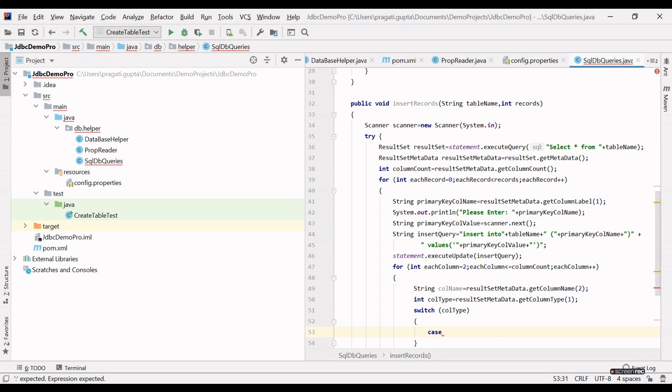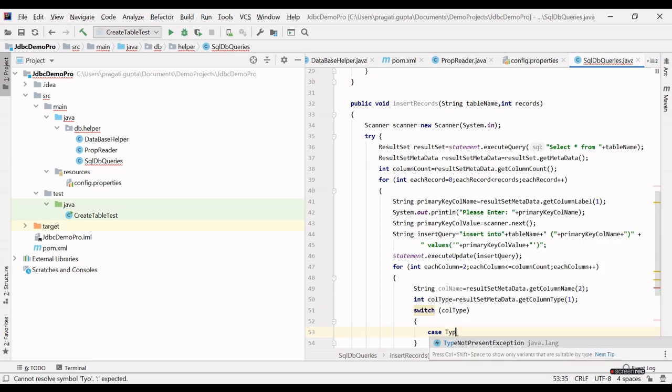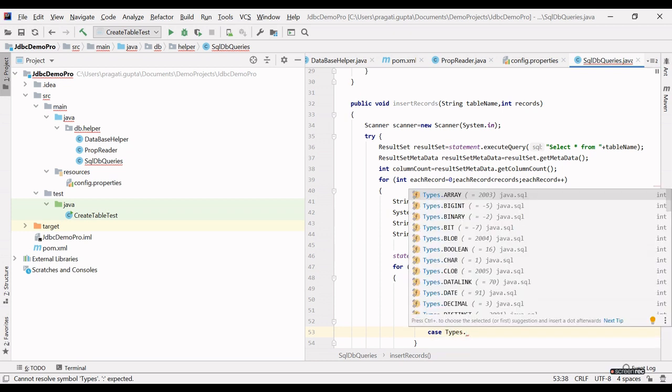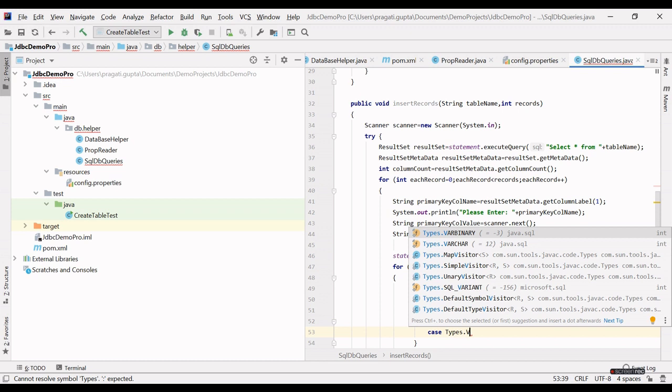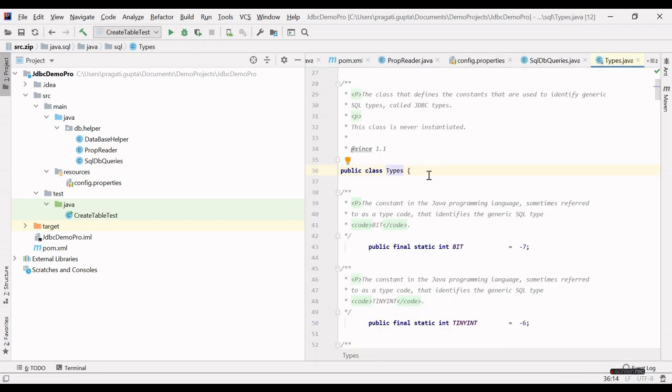First case is if this column type is varchar. So guys, let me explain the types that are already defined in SQL. Let me show you the types.